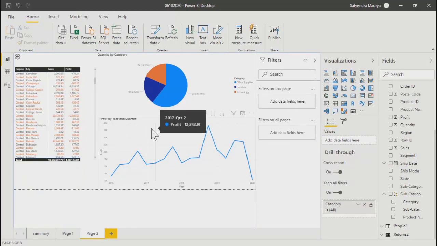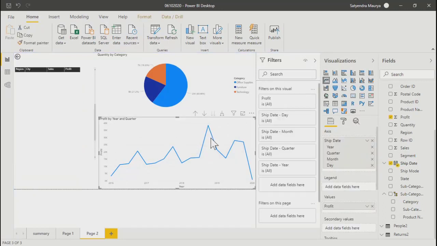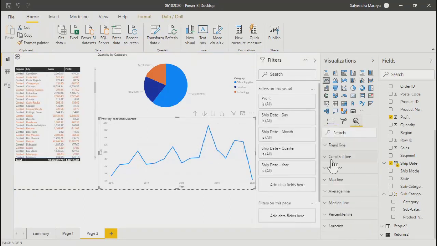Or maybe upper bound or lower bound. So if you just go to this particular chart and see these various trend lines, it's the same thing. Over here you show different types of trend lines. Trend lines will basically be the straight line you are going to get for this particular time series.